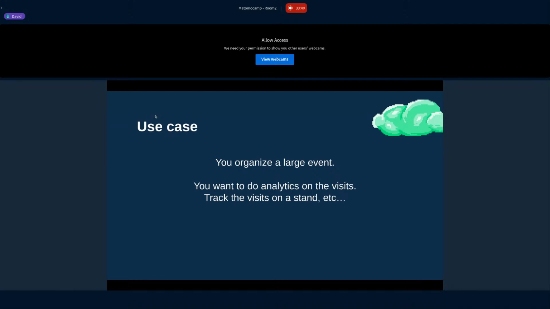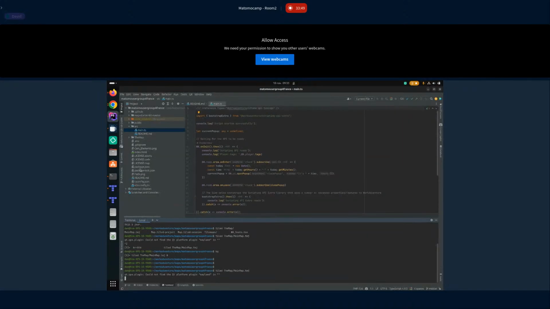So how could we integrate Matomo with Work Adventure? Through the scripting API. How does it work? I already told you about the map. Here I've got a directory which contains the Matomo map with the TMJ file.